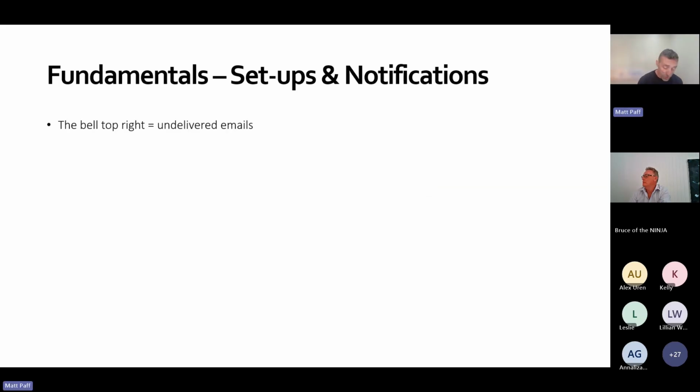Another thing I wanted to bring to everyone's attention, in the top right corner of your vSure, and we will jump into vSure in a minute, is a little bell. We've been asked, what's that bell? Well, the bell is bringing to your attention any bounced emails. So in theory, if you have a number against that bell, there's unread messages in there about emails that have bounced. For example, if our integration has brought across an email address from your other system, but the email address was wrong, you might get some bounced emails. Or if you've accidentally keyed in an email address wrong, you might get some bounced emails. That's what the bell in the top right corner is. If it's got a little red number against it, that's how many bounced emails are there.